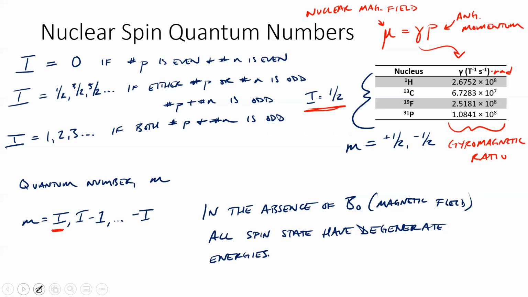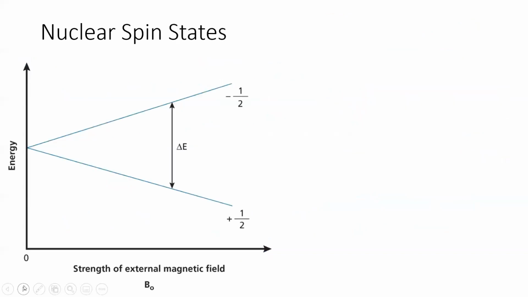All right, so these spin states, as we put our sample in a magnetic field, right? That's what we do with an NMR. These energy states split, these 2 nuclear spin states split. +1/2 is lower in energy, -1/2 is higher in energy. And +1/2 just means that it's aligned with the external magnetic field. Right? So this lower energy one is aligned with the external